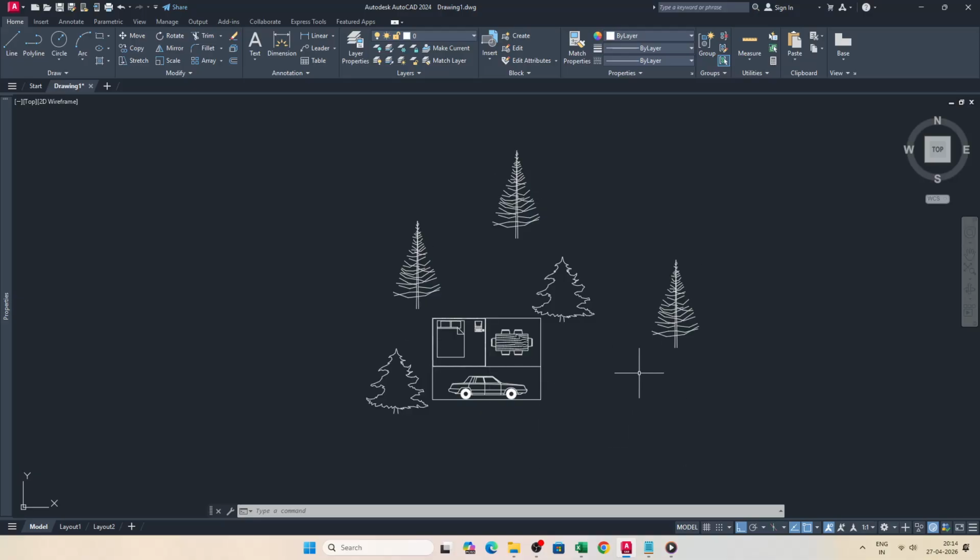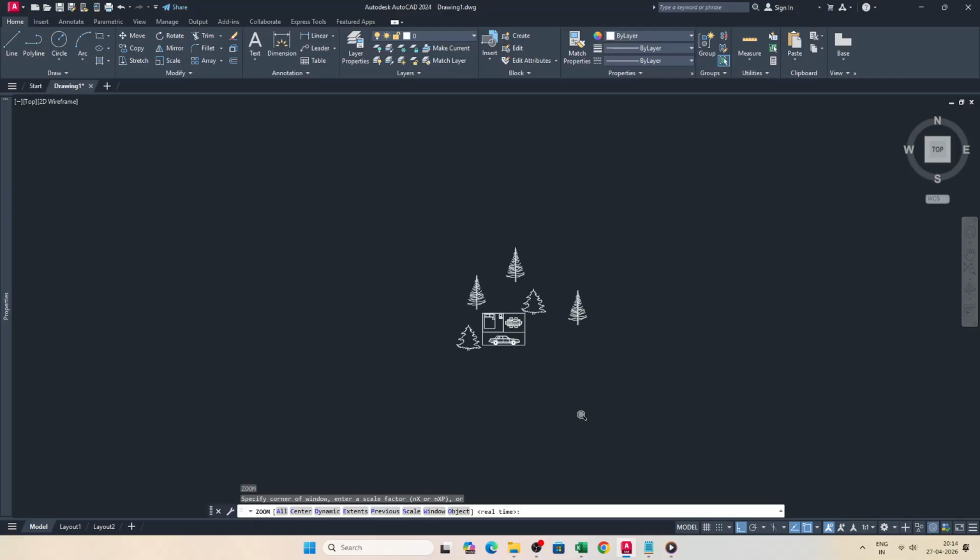If you prefer the keyboard, here is a reliable command line method that does exactly the same thing. Type Z, press Enter. Then type E, and press Enter again. Think of it as Zoom Extents. This is especially handy on laptops or when your mouse button isn't behaving. As long as you are not in the middle of another command, AutoCAD will zoom to show every visible object